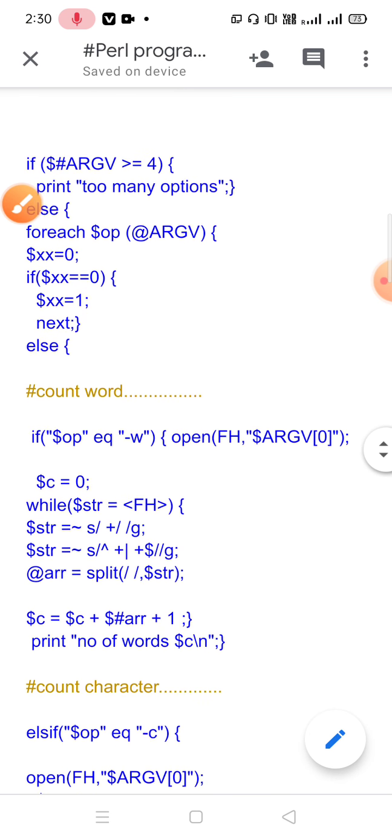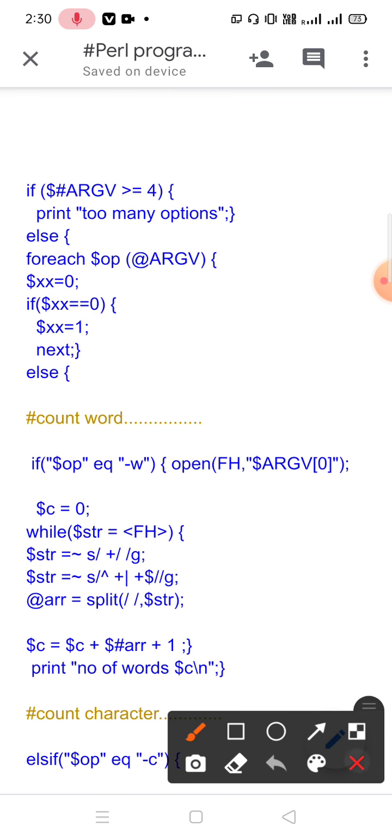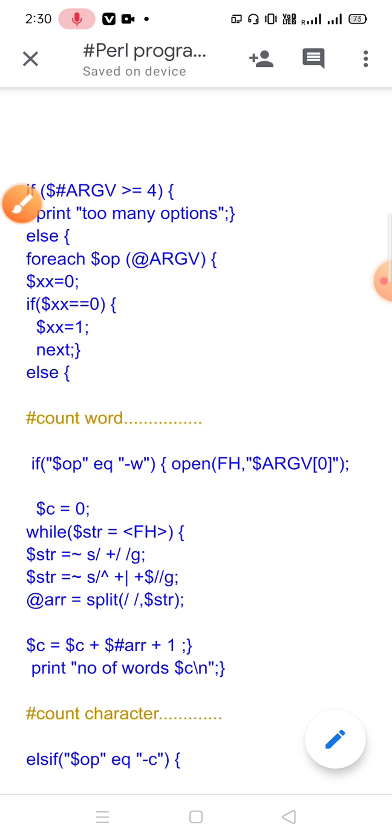So how will the program execute? At first the program will check the first command line argument, that will be the name of the file, and from the next option it will check whether the option is -w or -l or -c or any other option.